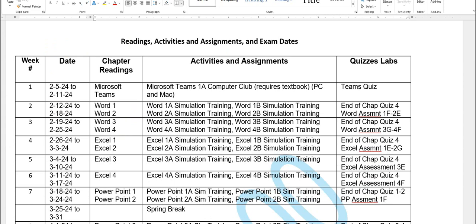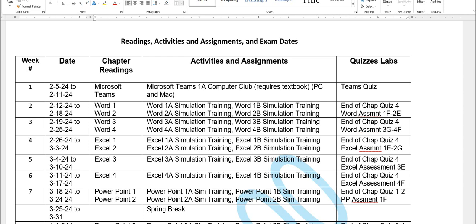So here's the weekly schedule. All right, classes start that Monday, February 5th. I'll probably have this open a little bit earlier, maybe Sunday, but it has to be published by Monday at 8 a.m. Eastern time. But like I said, I'll probably have it posted that Sunday on the 4th. So if you want to get an early start, by all means. It looks like the first week we're going to do Microsoft Teams first. And then all these